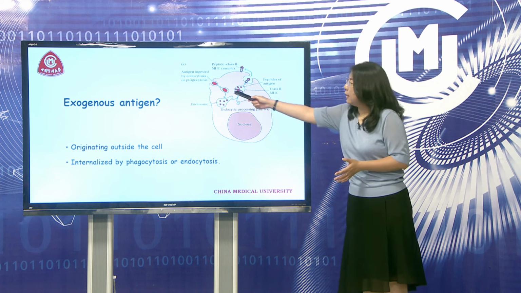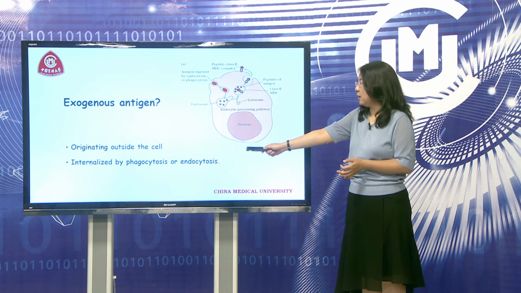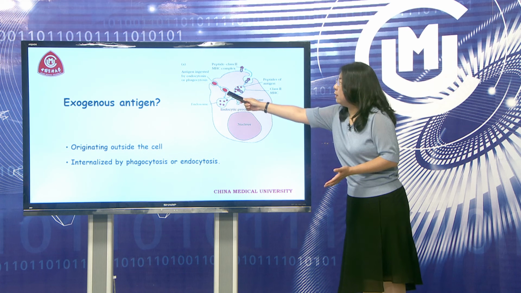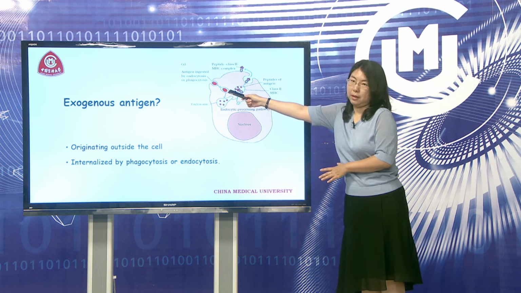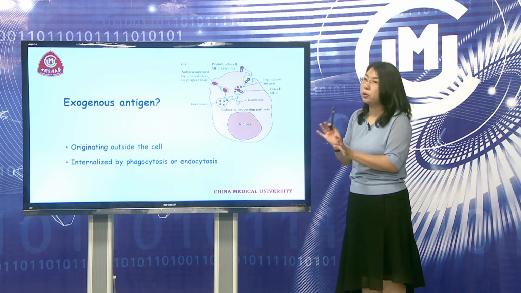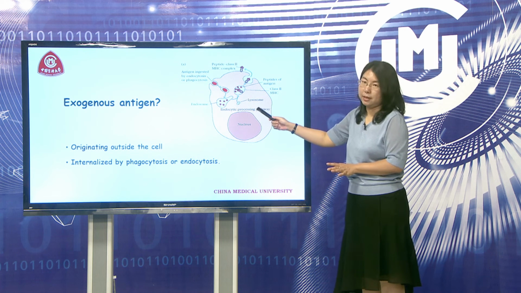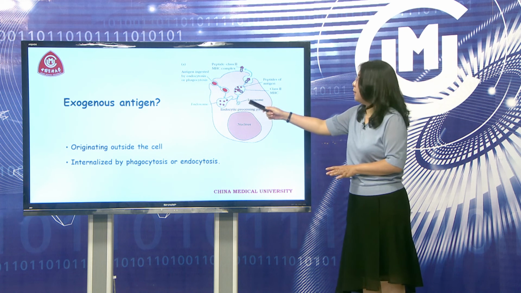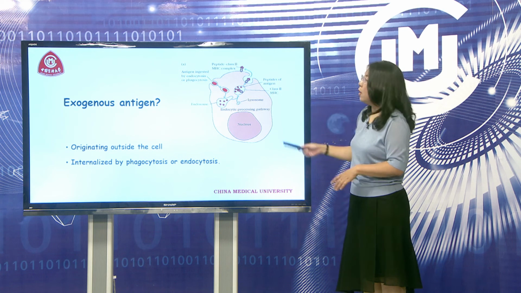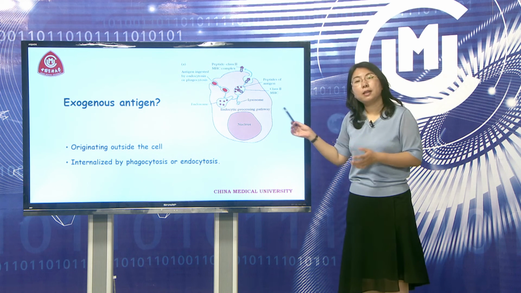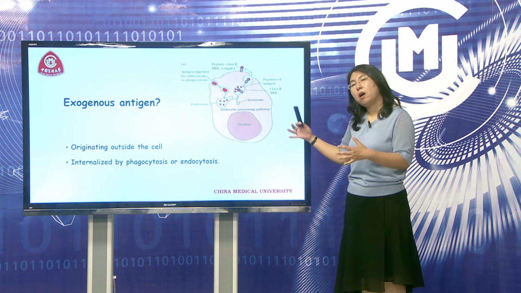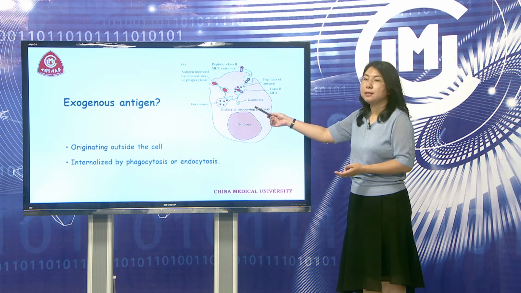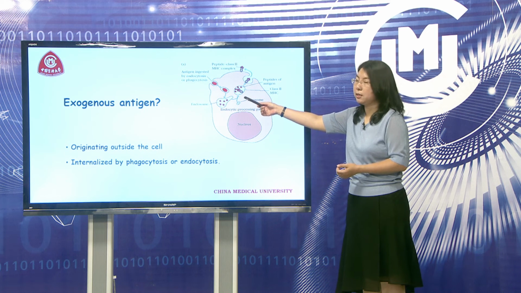But after they are engulfed, internalized or phagocytosed by the macrophage, they come in, and this is just the antigen. They don't change, they don't produce new product, they don't grow inside the cell. So now they come into the cell and degrade into small peptide, then present on the cell surface. They already exist outside of the cell, then were engulfed or internalized by the cells, and inside the cell degrade into small peptide, and we call